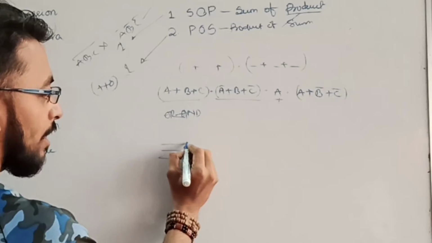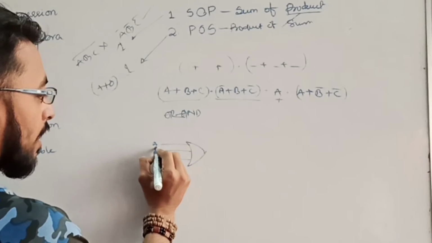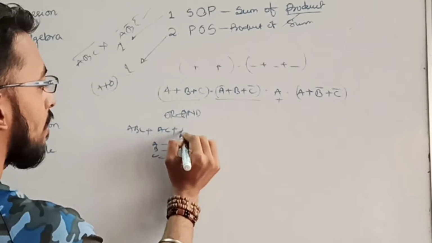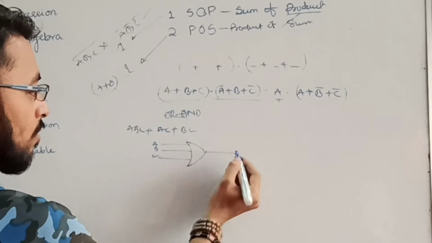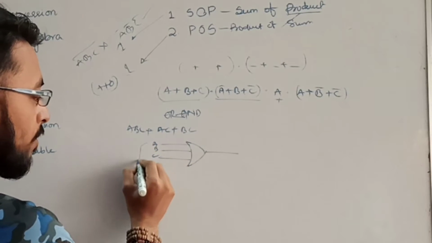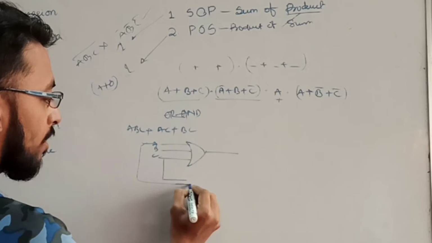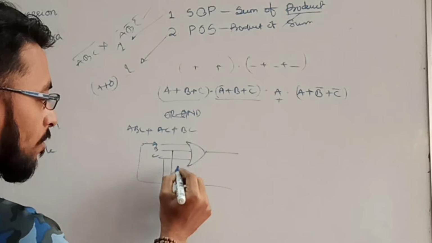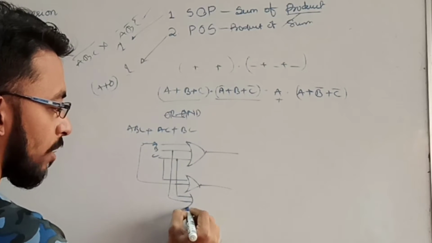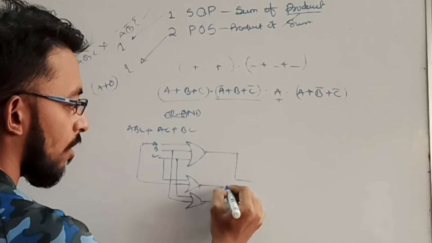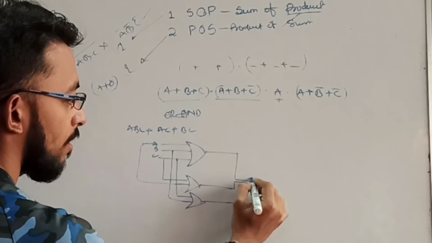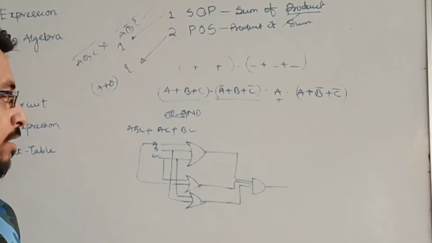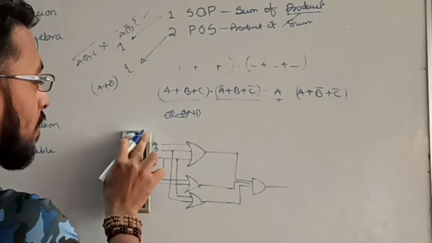It means first the inputs will be ORed. This is A, this is B, this is C. Let's take one example: ABC plus AC plus BC. So ABC, then I have to take A from here, C from here. Again they are ORed. Again B plus C. So I have to take B over here and C from here. Again I have to take one OR operation. And these 3 OR operations will be ANDed. So this output will give me ABC plus AC. Sorry, I'm really sorry, this is the SOP form.